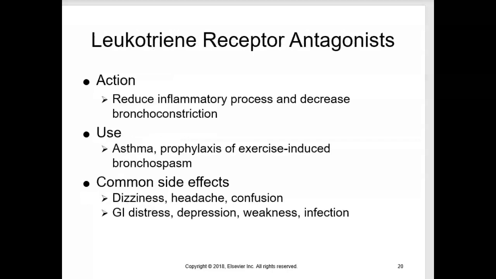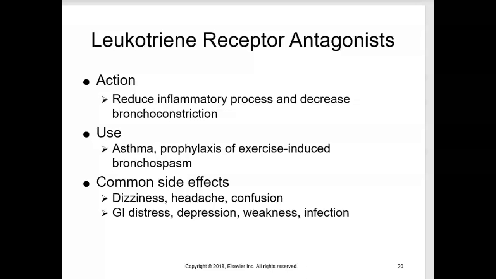Leukotriene is a chemical mediator that causes inflammatory changes in the lungs. Leukotriene modifiers are effective in reducing the inflammatory symptoms of asthma triggered by allergic and environmental stimuli. These drugs are not recommended for the treatment of acute asthmatic attacks. Your prototype leukotriene modifier is montelukast. Montelukast is used for the treatment of allergic rhinitis and asthma and for exercise-induced bronchospasm prophylaxis. It works by binding with the leukotriene receptors to inhibit smooth muscle contraction and bronchoconstriction.